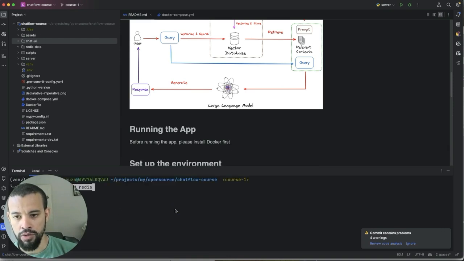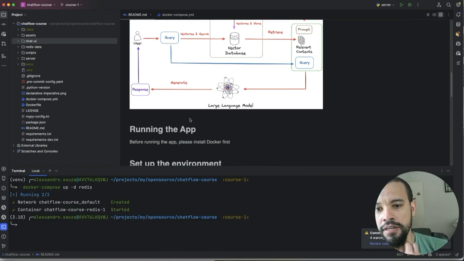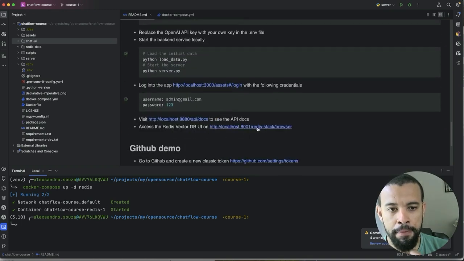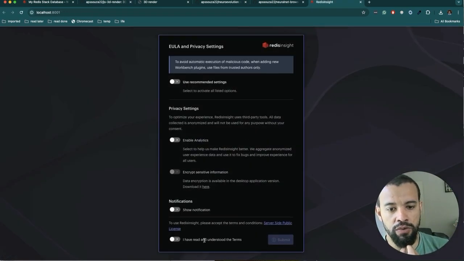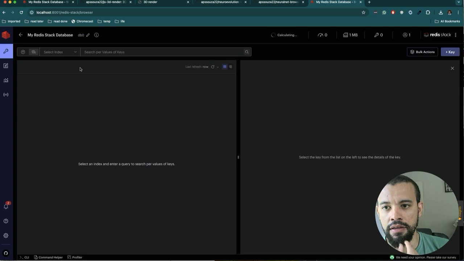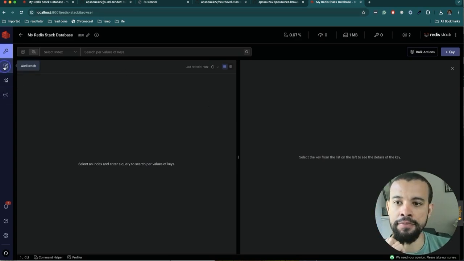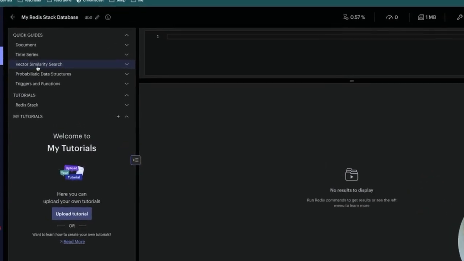We are going to just run the docker compose, Redis. We're going to start. And then we are going to go straight to the browser. And in this browser, we are going to just start our Redis client in the browser, where you're going to follow the course, basically some guide to play with Redis and vector